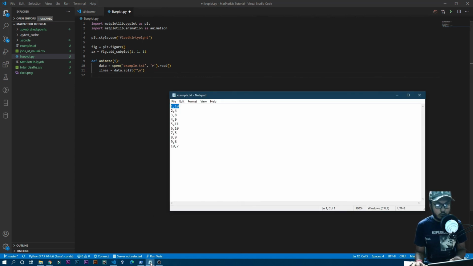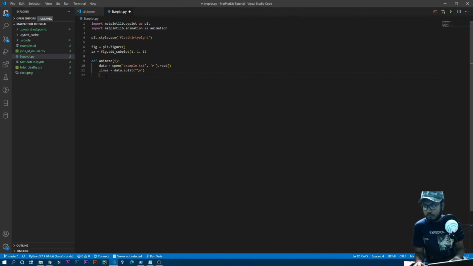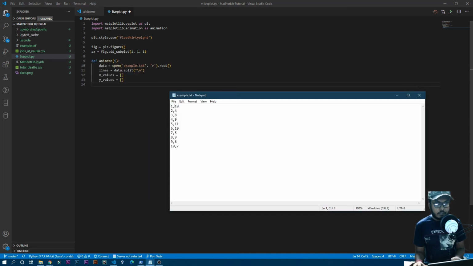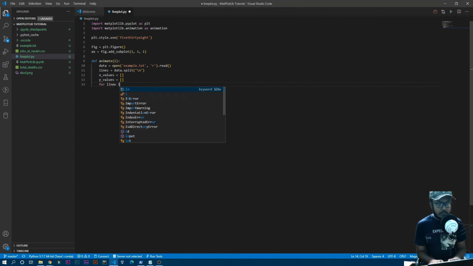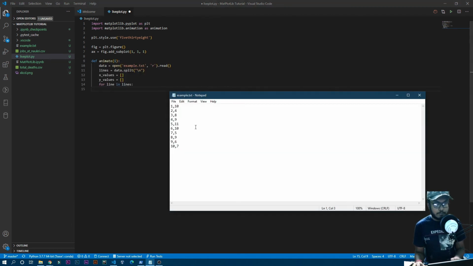And now we actually need to separate the x-axis values and y-axis values. The first one is the x-axis value and the second one is the y-axis value, right? So I'll just make a list: x_values equals a list and y_values equals a list, okay. And then we need to use a for loop so that it can iterate over the whole file. So for line in lines,